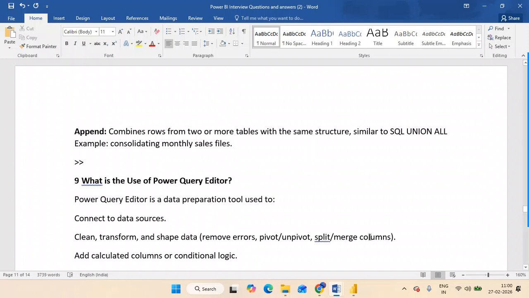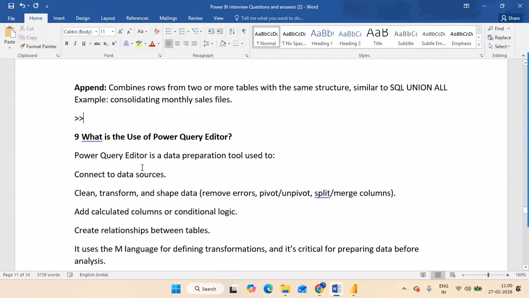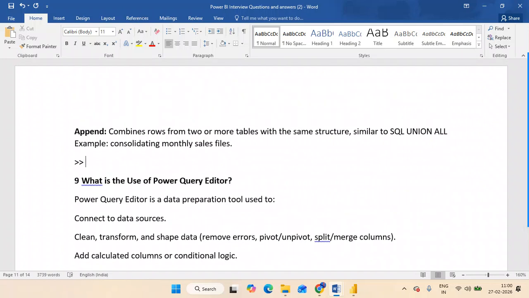We have already seen it with the example, just go to the append and merge. We have very clearly explained it, just go to the recording multiple times. If you do not understand it the first time, just watch two more times so that you will understand. The next time you don't need to see it, you will remember it directly. Append means it appends two tables. The terminology is very important: appending, adding table 2 below table 1. But the condition is that the structure should be the same. What is the meaning of the same structure?